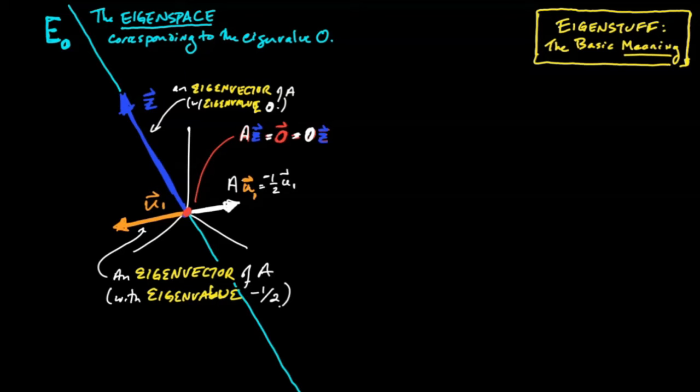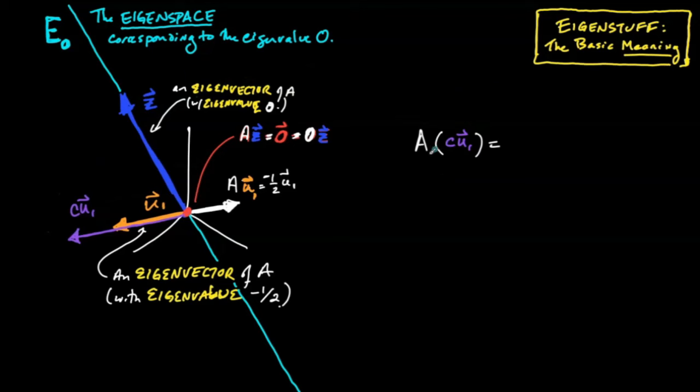First of all, suppose we take some scaled version of vector u1, like this guy, which I'll just call c times u1. c could be anything. It could be positive, it could be negative, it could be large, it could be small, whatever. It can therefore represent any point on that line. Well, I claim that it too must be an eigenvector of A with eigenvalue minus 1/2. Why is that so? Well, let's sketch it out over here. What do we know about A times c u1?